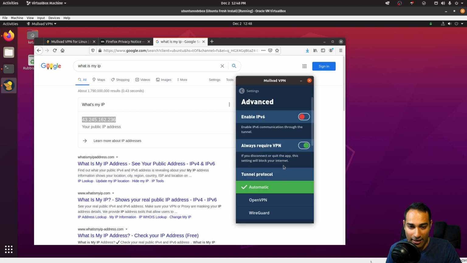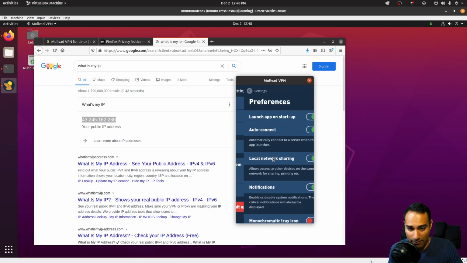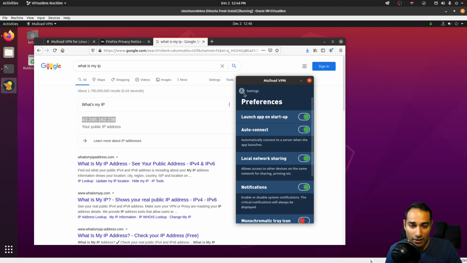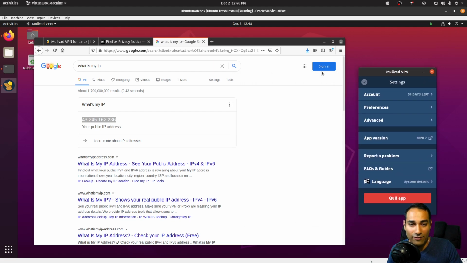That's really handy to have as well. So that is the kill switch functionality in the advanced section, and then you can also have settings in the preferences as well. Those are some of the key features of setting up your VPN and making this thing a little bit more